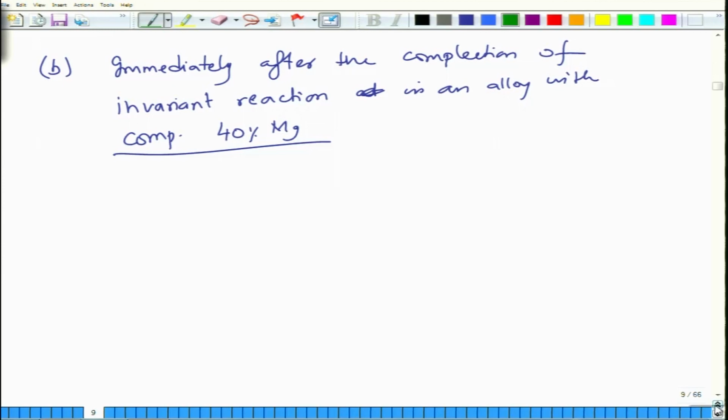So if you want to determine, for example, what is the proportion of pro-eutectic Mg2Pb at, let us say, the eutectic temperature, I am saying at this composition the eutectic temperature is 250 degrees centigrade. So let us say at 249 degrees centigrade, the percentage of pro-eutectic